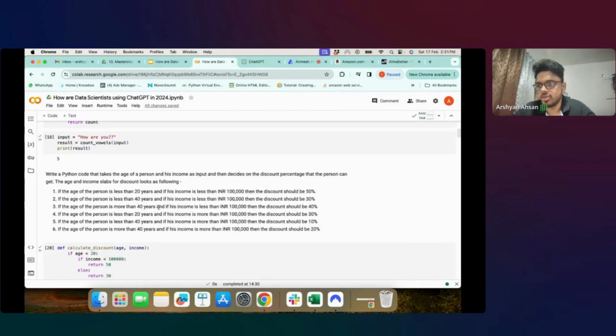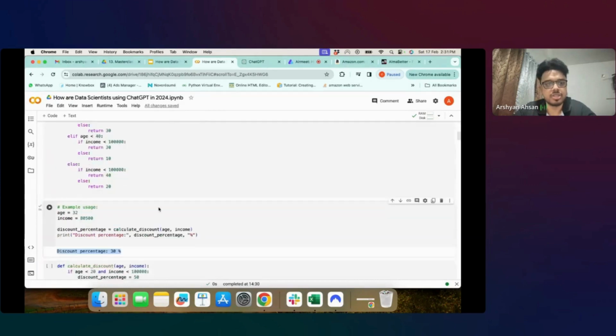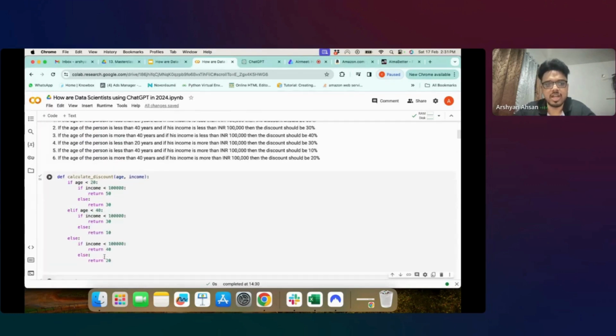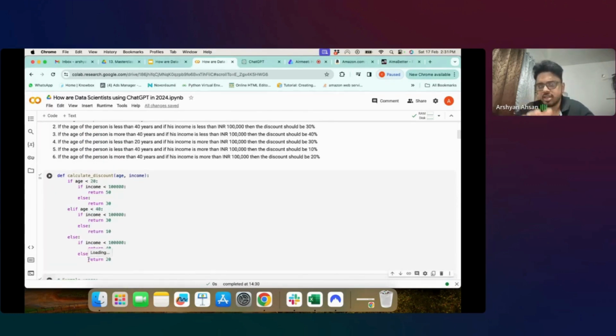So yeah, code generation using ChatGPT is a very fundamental use case, and nowadays people are using it smartly. So instead of writing this entire code, I generate it, I read it, I see if there is any error, the logic is fine or not. If it is fine, I just run the code. I don't need to write the entire code today on my own. So that is what the power of ChatGPT is.